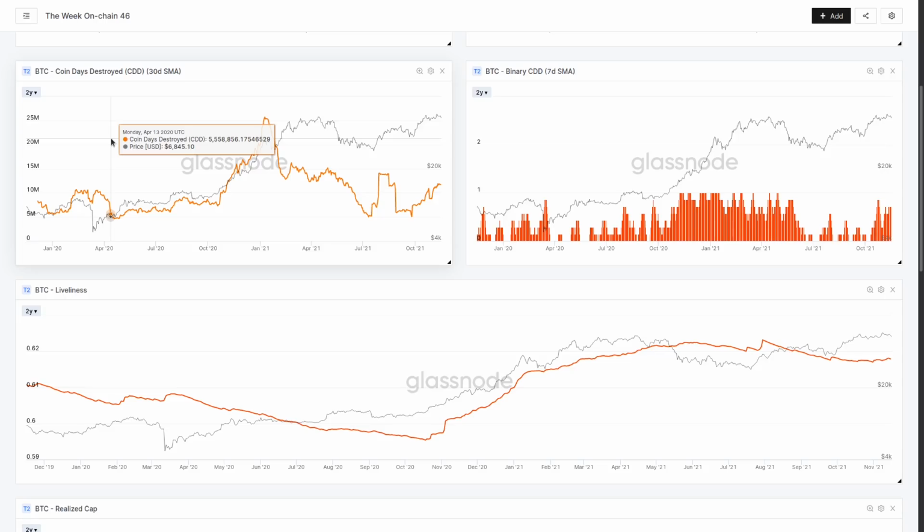So when we have very few coin days being destroyed, it generally means that the older coins are dormant, staying unspent in cold storage. There's a higher probability that some of those older hands, those people who are experienced, are actually buying younger coins off the market and sending them to cold storage for sale at a later point. So accumulation tends to form these kind of long, lengthy bottoms.